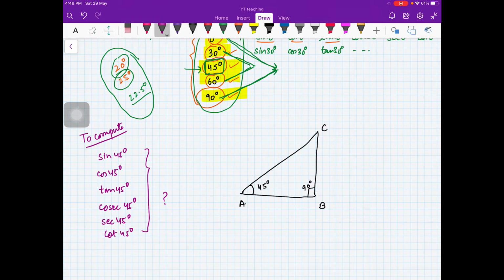Because we have already practiced some problems, I would like you to think for maybe 30 seconds, sorry, not 30 minutes, 30 seconds. Can you think what we should do to compute these ratios given this information? The only information we have is that one of the angles is 90 degree and one of the angles is 45 degree. This is the only information we have. So use some geometry information.